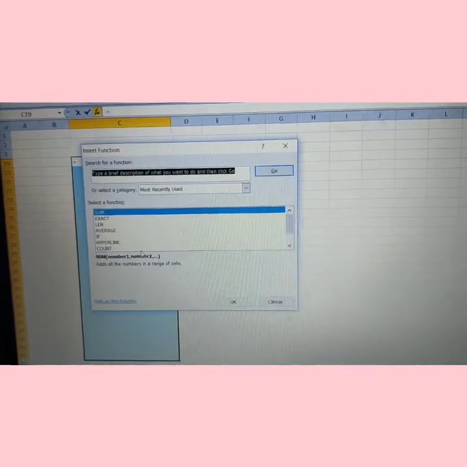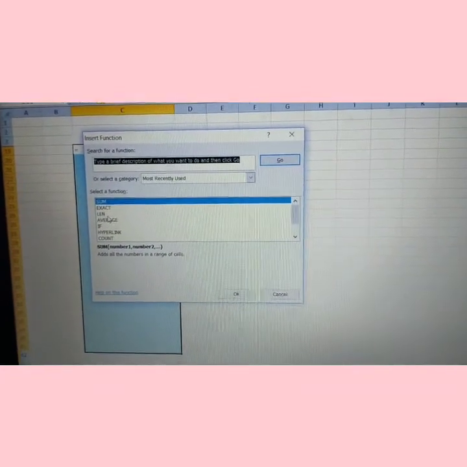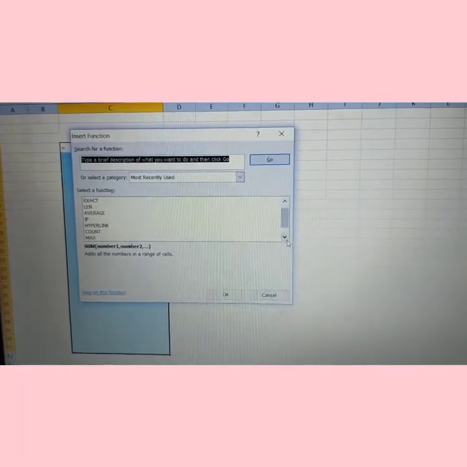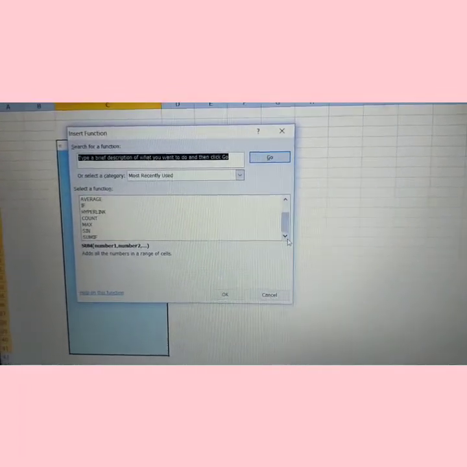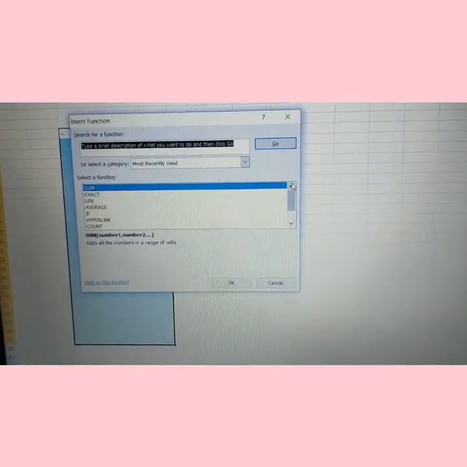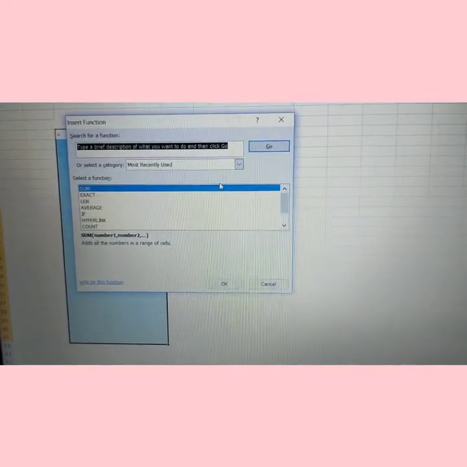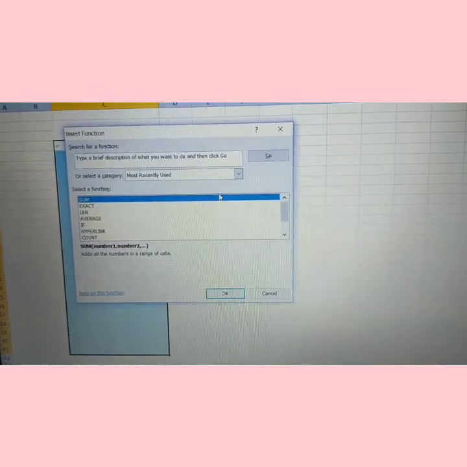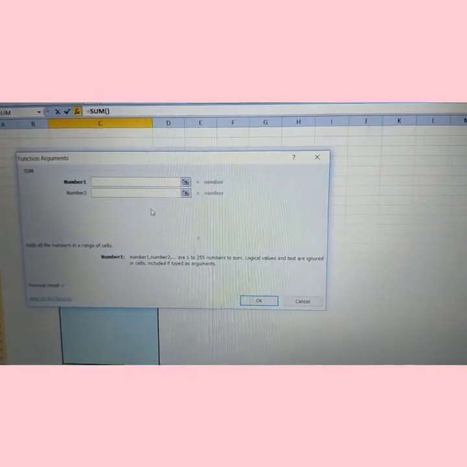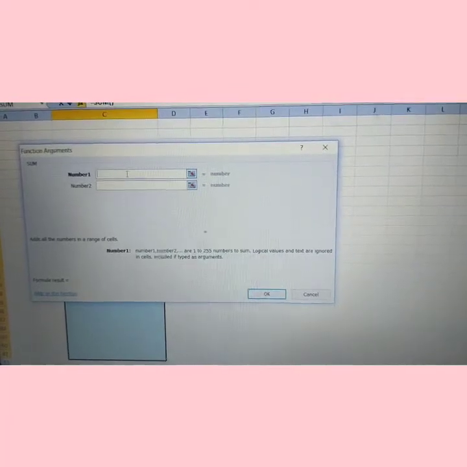So we have chosen average. You can take any other option like maximum. Many options are here, so we will select sum, then click on OK. Now here the drop down list is asking for two numbers.